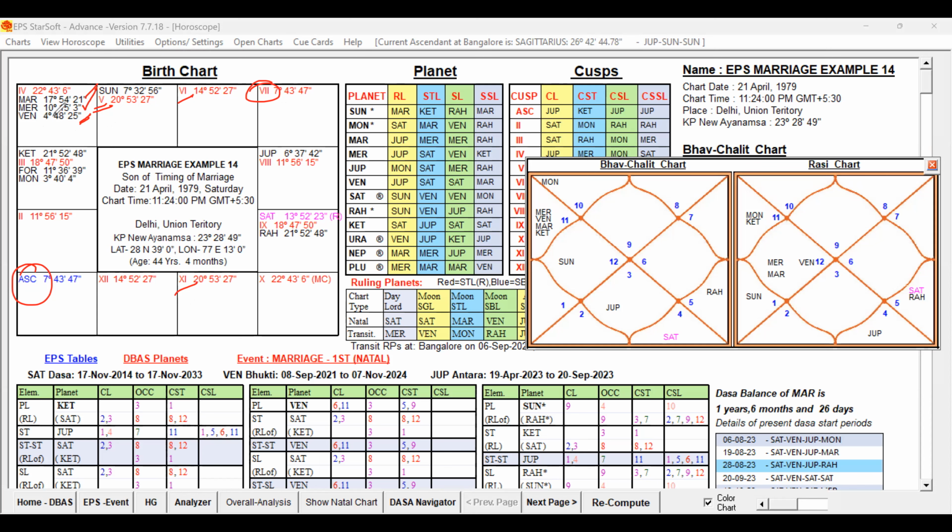Venus is in a good place, and Mars is the 5th Lord and 12th Lord. So the 7th Lord is connected to 5 and 12, and also 6 and 11, because it is conjoined with Mars, 5 and 12, and conjoined with Venus, 6 and 11, while occupying the 3rd house. So it is supportive. 7, 3, 5, 11 are supportive. 6 and 12 have some weakness, but otherwise it is okay. It is not bad.